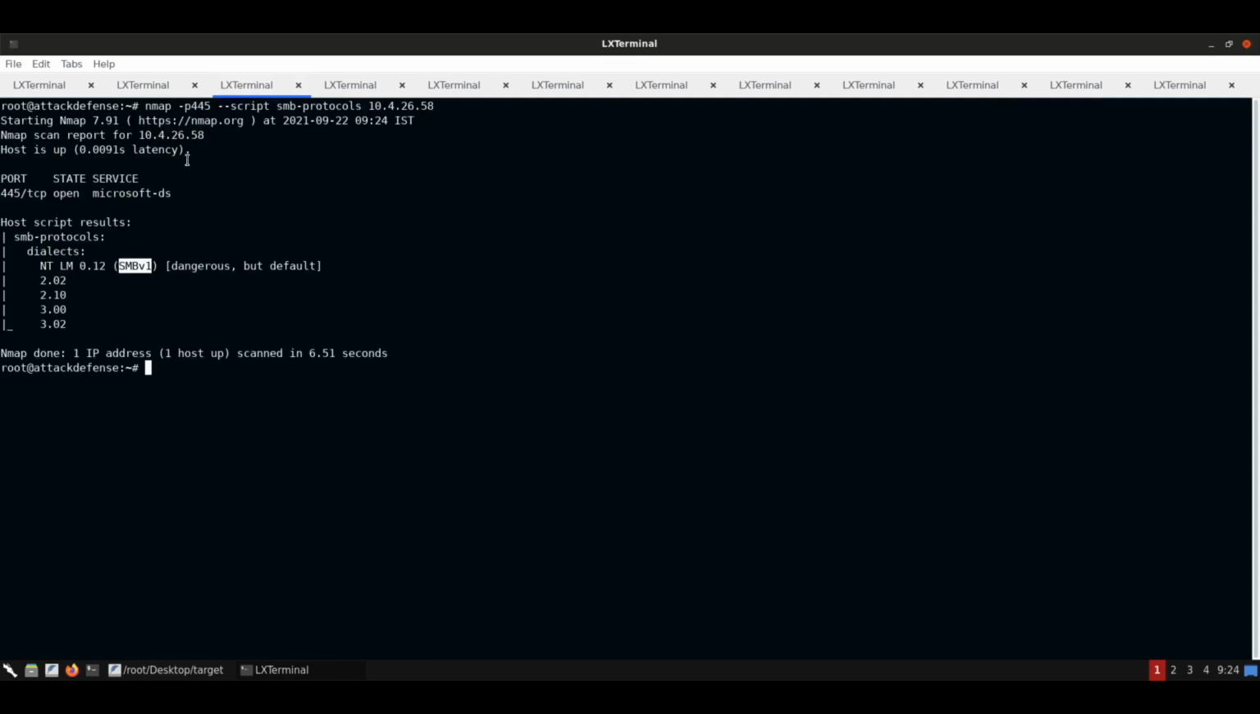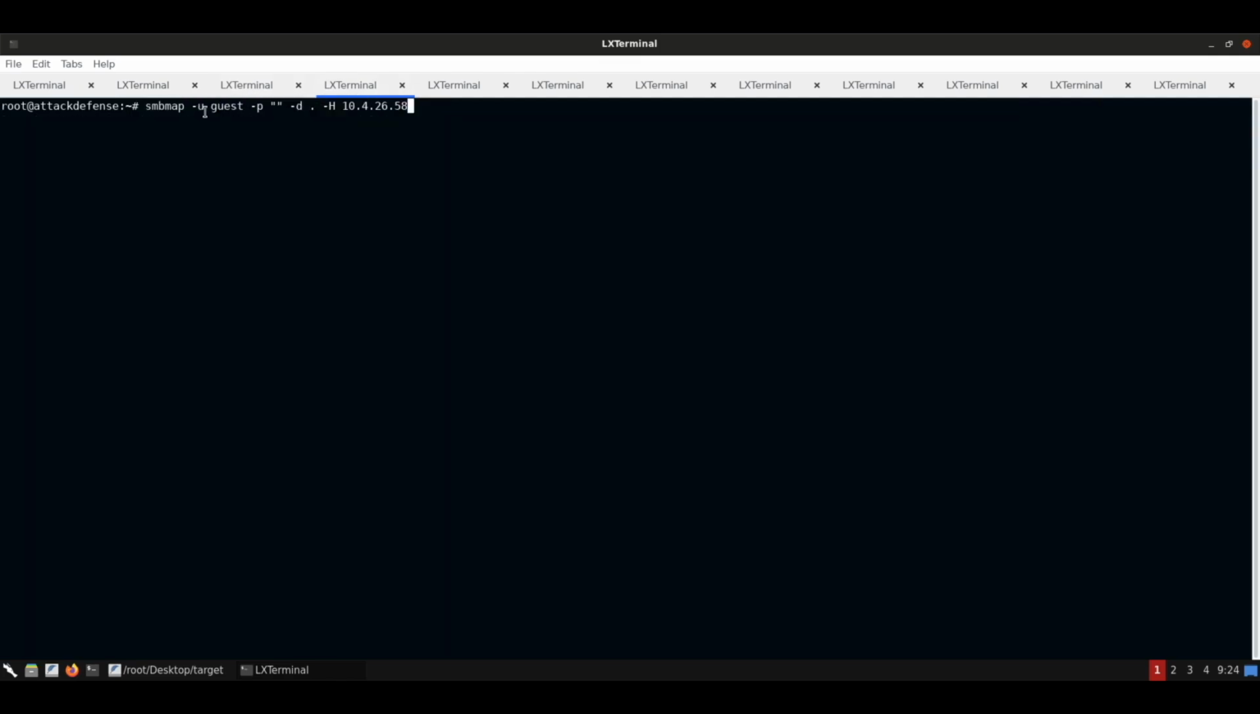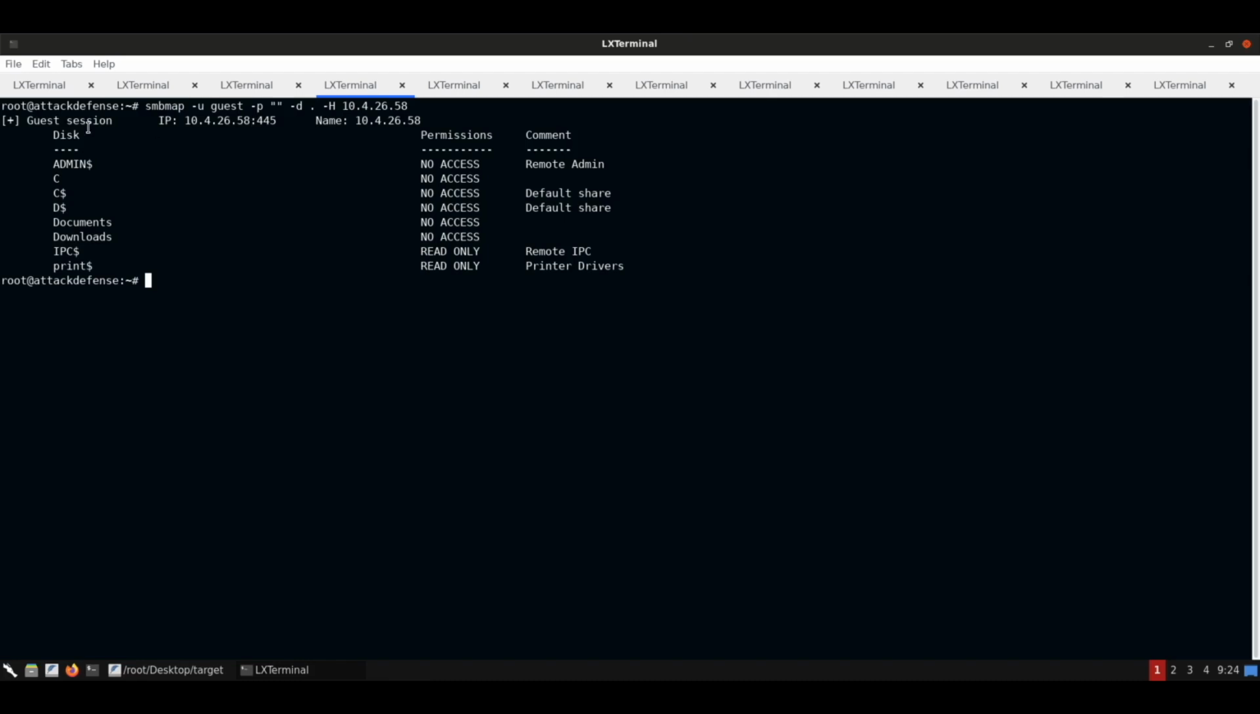Knowing that there's SMB version 1, we'll go with a null session. So we're going to utilize SMBMap, which is a program made in Python. And we'll go with the user of guest and a null password. It's no password. And then we're looking at the directory from where we are, with the host of 10.4.26.58, our target. And we see it connects, and it finds all these shares,